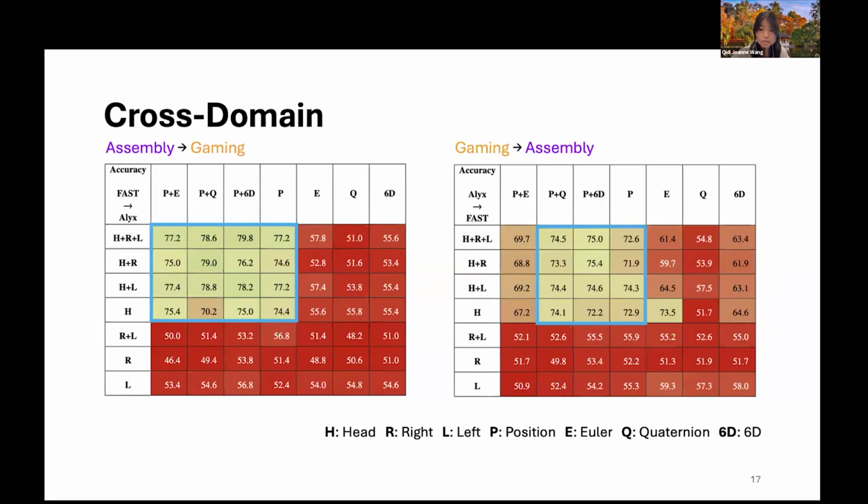Now onto our cross-domain results. We see that the models trained upon the assembly domain and testing on the gaming domain, shown on the left, shows a stark contrast in the effectiveness of using head position and those that do not. And similarly, on the right, with models trained on gaming and tested on assembly, we see a similar subset of features, although it is a slightly smaller box because the position and Euler spatial representation did not perform as well here. So these two tables help us understand two things about cross-domain gender identification.